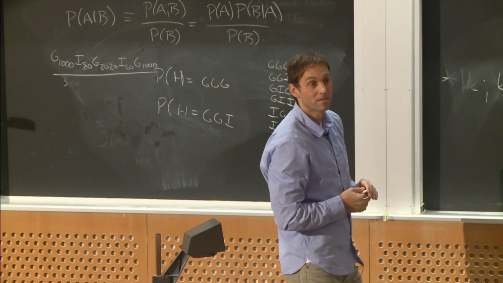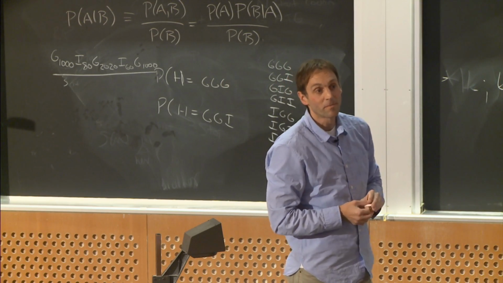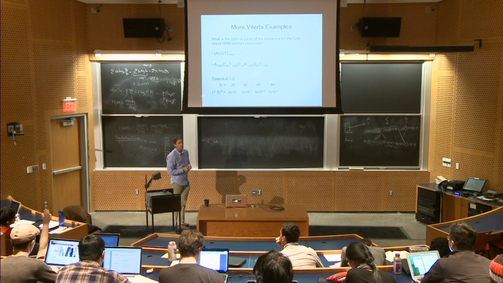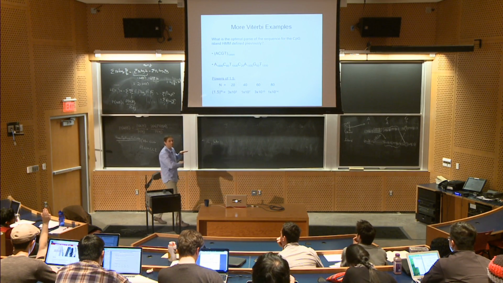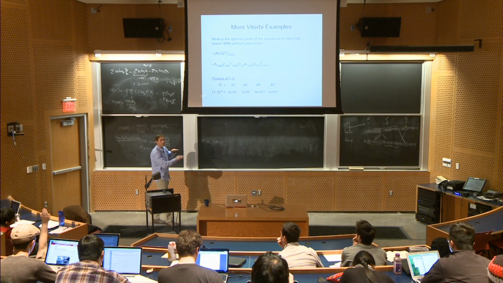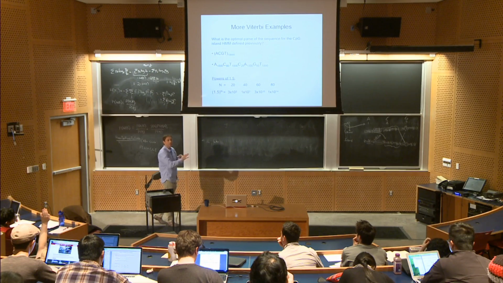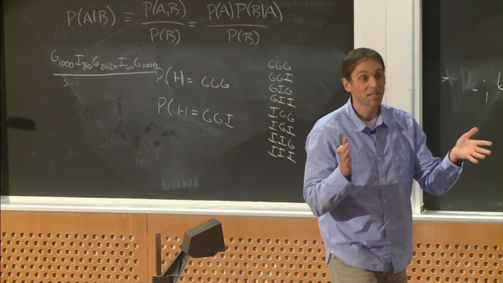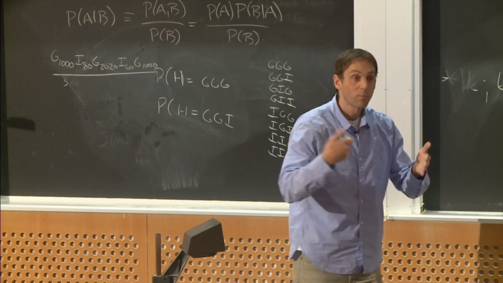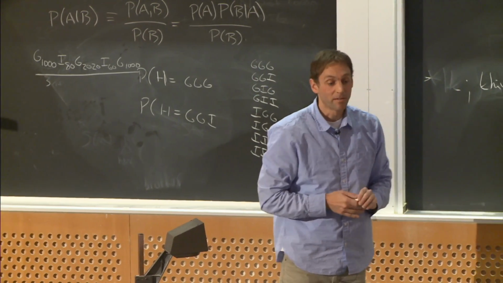Does that make sense? I forgot about the penalty of going back, but it's still true. Everyone see that? You have to pay a penalty of 10 to the 8th to go from genome to island and back. But the emissions can make up for that. Even though it seems small, it seems like 60 bases is not enough. It's multiplicative and it adds up.